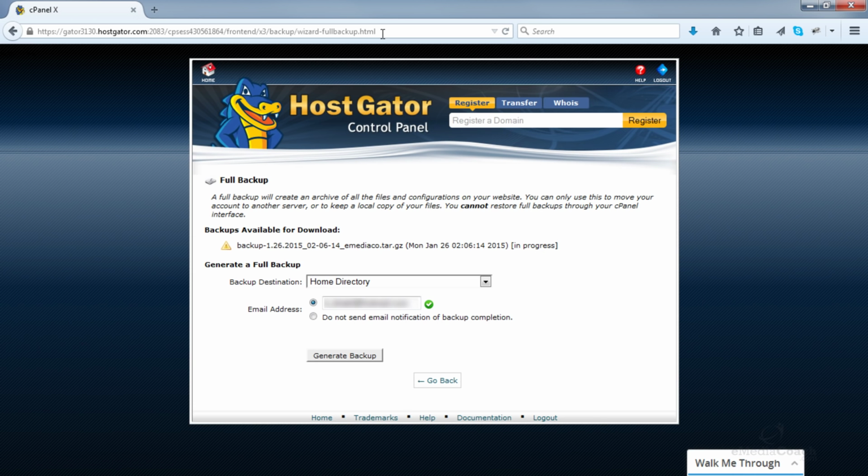So let's wait. Once your backup is done generating, this is what it will look like. You'll be able to click on that link and then download that onto your PC.